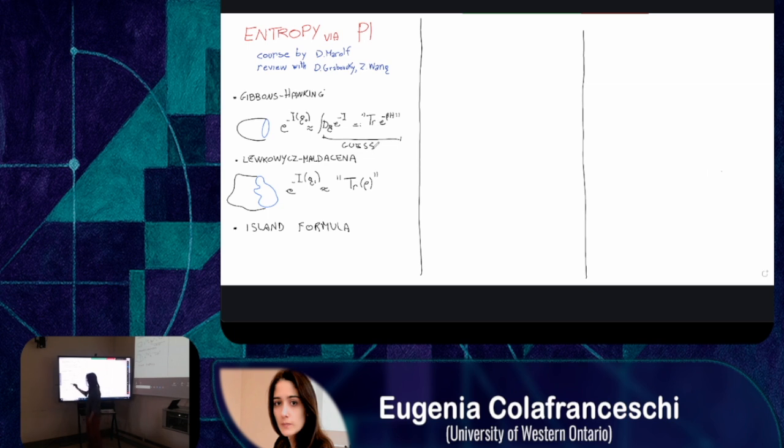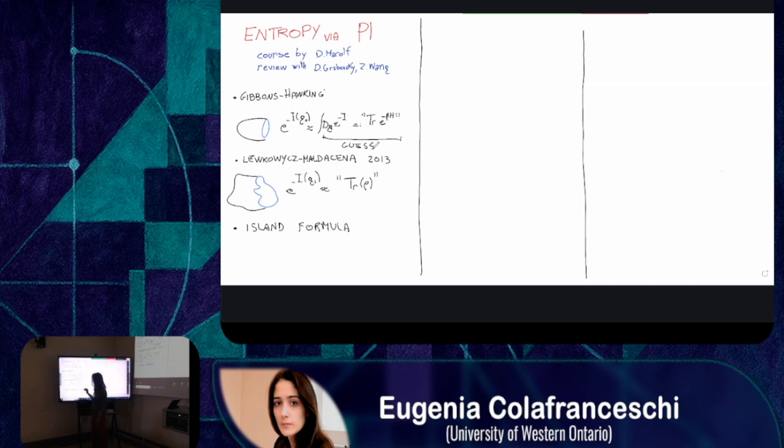Today what I want to show is two further steps. So one is by Lewkowycz and Maldacena, a result of 2013, in which they did the same, but in a case in which you don't have time translation symmetry on the boundary. This time symmetry is what gives you the trace of the equilibrium state. So in that case, you have an equilibrium partition function. In particular, you are computing the trace of a density matrix, which is the Gibbs state, e to the